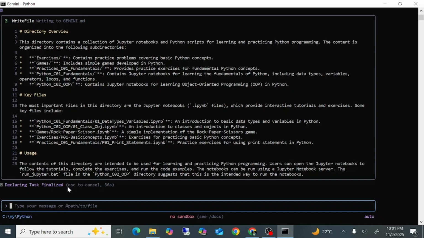It's just finalizing the task, and after finalizing it, we will see what it evaluated. Let's give it a few more seconds, because there are a lot of directories and it has to go through them. But remember,